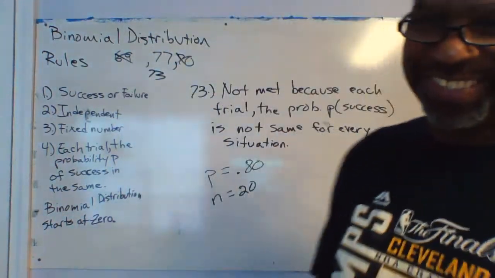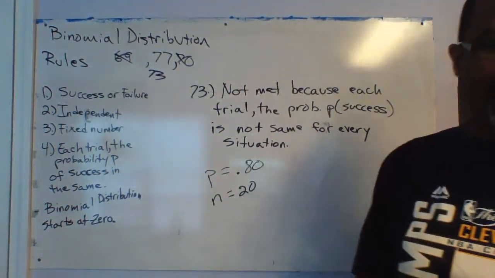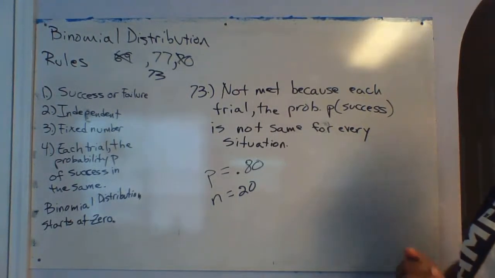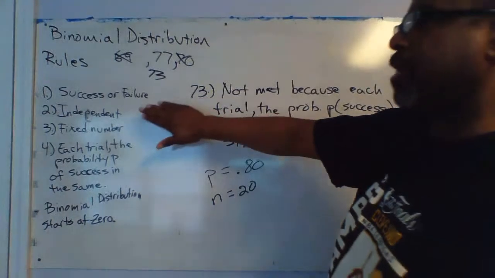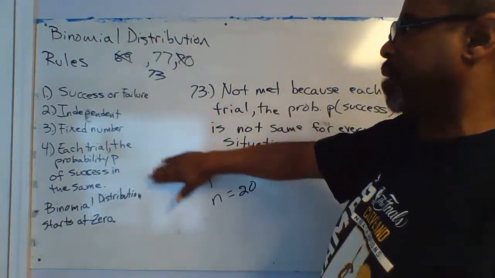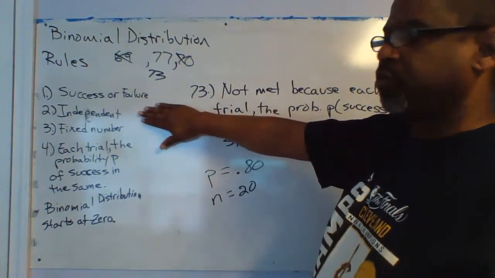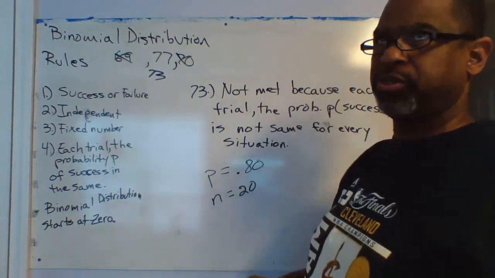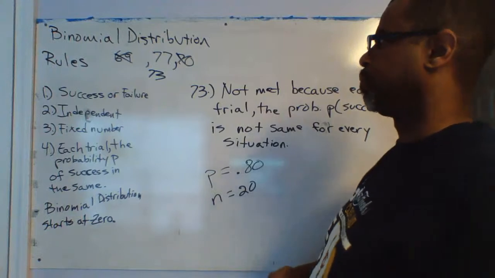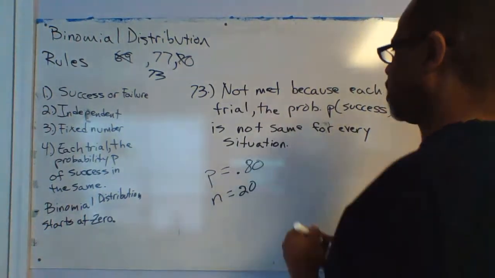All right, so I hope that makes sense to you. Just remember, you have to make sure all four of these rules are met. If one of these rules is not met, that means it's not a binomial distribution. Okay. All right, so the next problem is